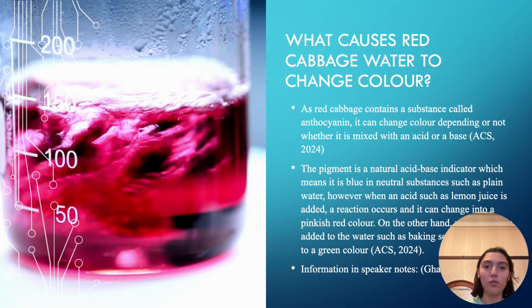Now, what causes red cabbage water to change color? Red cabbage contains a substance called anthocyanin, so it can change color depending on whether an acid or a base is added to it. The pigment is a natural-based indicator, which means it is blue in neutral substances such as plain water. But if you add something such as lemon juice to it, it can change to a pinkish red color. On the other hand, if you add a base such as baking soda, it will typically change to a green